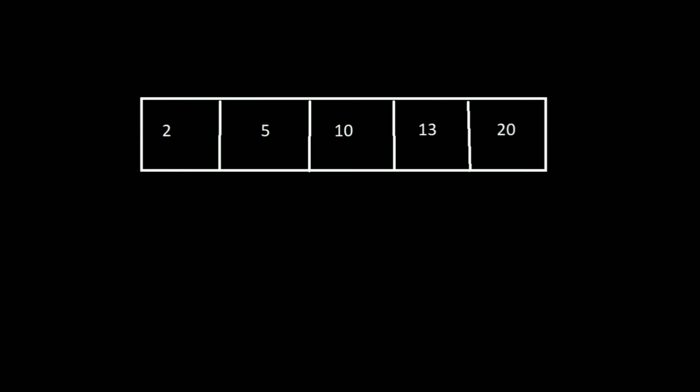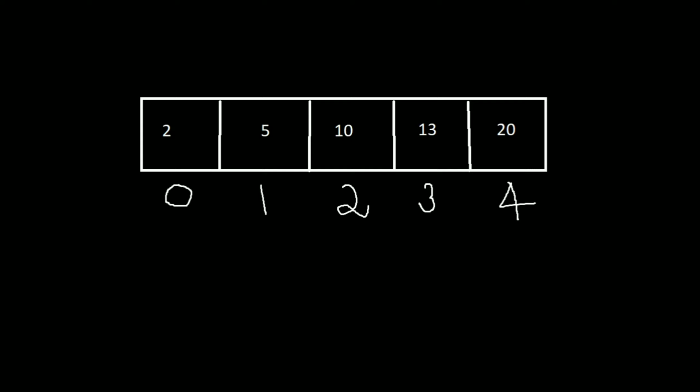As you guys know, in any array, the first element will always be in the 0th index, the second element will be in the first index, the third element will be in the second index, the fourth element will be in the third index, and the fifth element will be in the fourth index, right? Any array has to contain at least one number, so we can be assured that the starting element of any array will be in the 0th index.